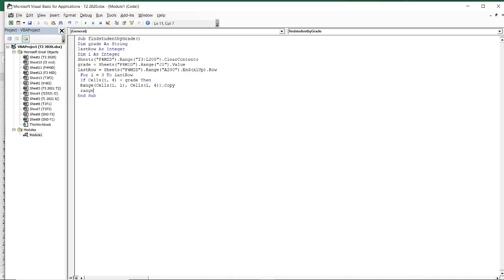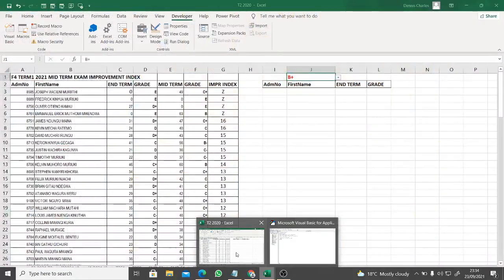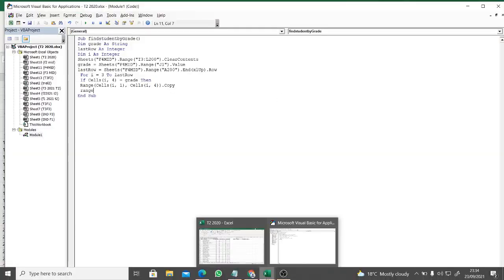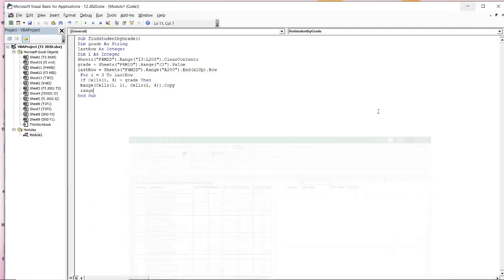We'll be pasting it here. We said we'll be pasting it at I, up to I 200, between I 200 and above. Range, I should be in quotes. Range should always be in quotes when you are using VBA. I 200, like I said, I 200. I close the quote, I close the bracket,